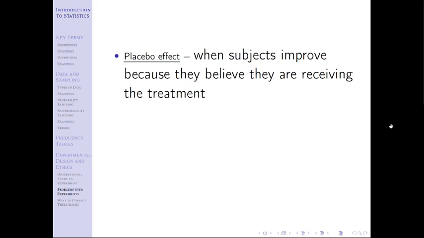But the placebo group did improve. The subjects improved, and they didn't even know if they were getting treatment. No one knew if they were getting treatment, but the fact that they might have been, they actually had fewer headaches. It's crazy to look at this data, but the placebo effect is real. If you think you might be getting something, or if you think you might be doing something that helps you, your brain is super powerful.